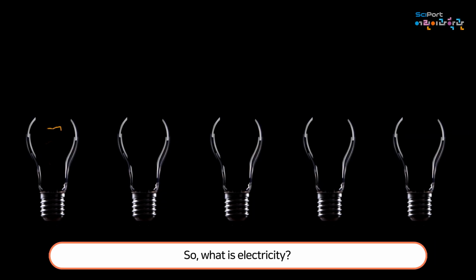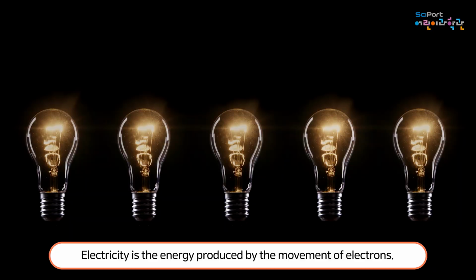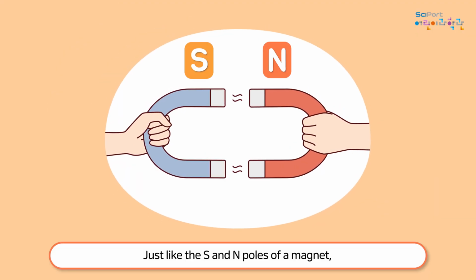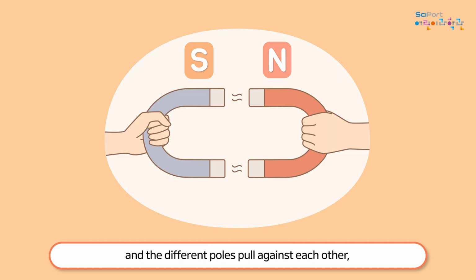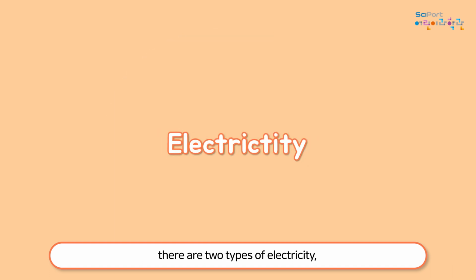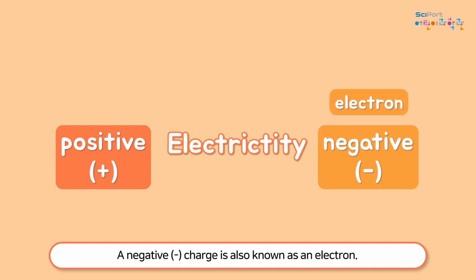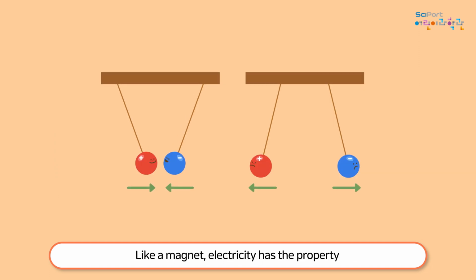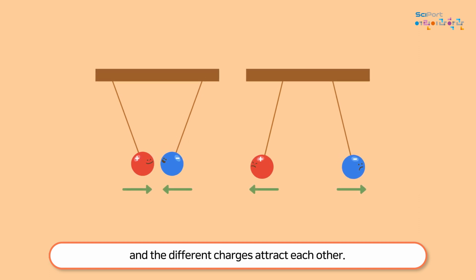So, what is electricity? Electricity is the energy produced by the movement of electrons. Just like the S and N poles of a magnet, where the same poles push against each other and the different poles pull against each other, there are two types of electricity: positive and negative charges. A negative charge is also known as an electron. Like a magnet, electricity has the property that the same charges repel each other, and the different charges attract each